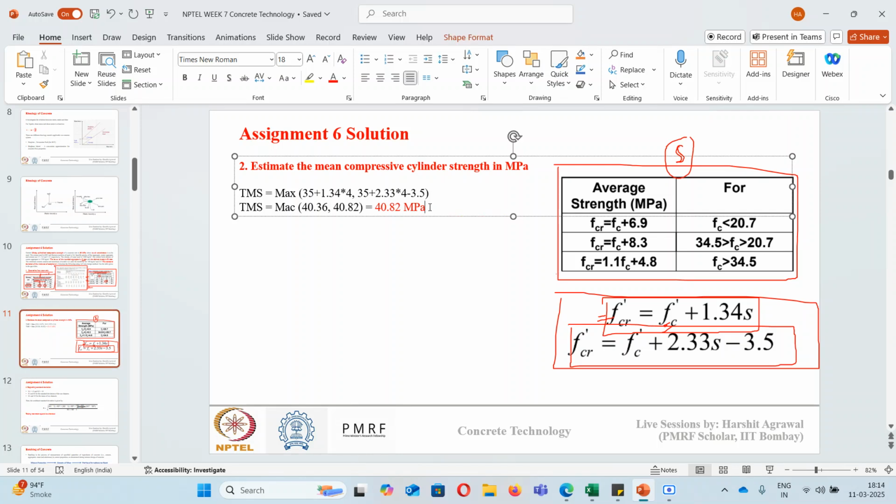Question in the chat box. Let me solve it once and check what value comes, and then I will tell you. Okay, sir, I'll copy that and send it to you.